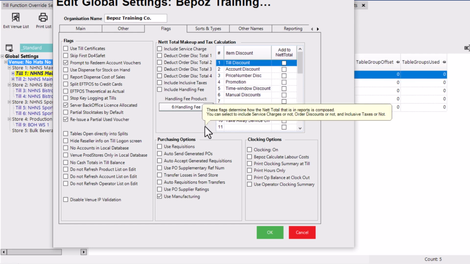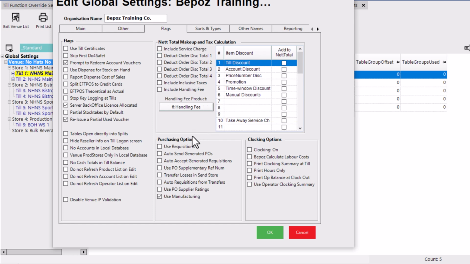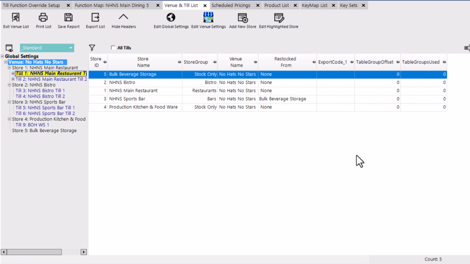But the reason I'm mentioning all of that is when we look at reports in a couple of minutes, these flags being off is going to factor into our sales reports. And if yours are set differently, just take that into account. Anyway, if I just save this and we pull up SmartPOS one last time, we'll run through a quick demo